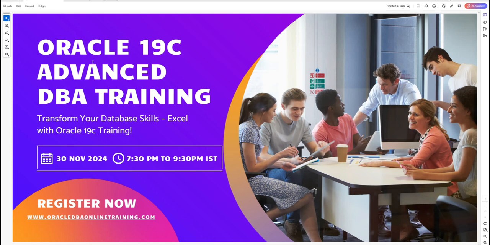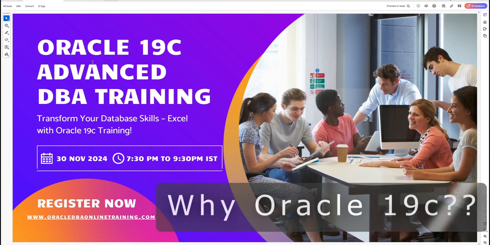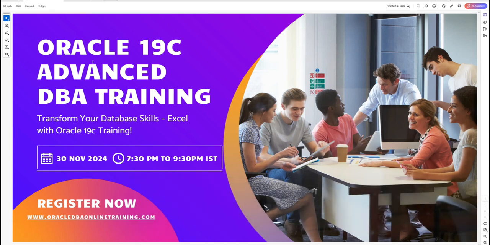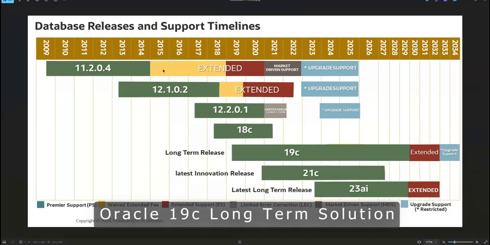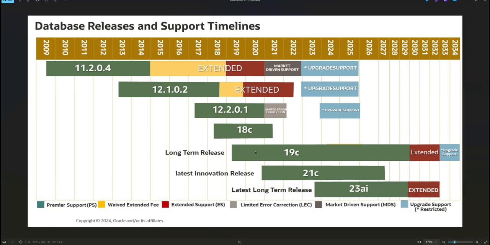First of all, you might be thinking that in the market we already have new database versions for Oracle database, that is 23AI, or previously it was 21C. Then why should we go with 19C? I would like to clarify the detail here. Oracle has announced that Oracle 19C database will be a long-term solution. It is already one of the best enterprise database products in the market, and it is going to have extended support till the year 2032, and upgrades will be supported up to 2034.